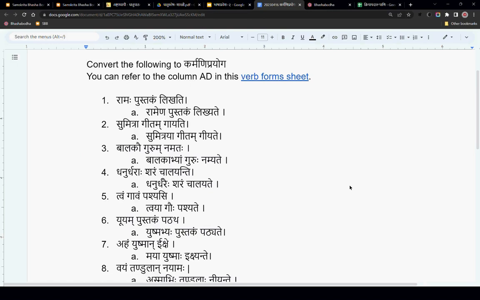The reason for going through all that is it will help to understand how these karmani or bhave forms are derived.